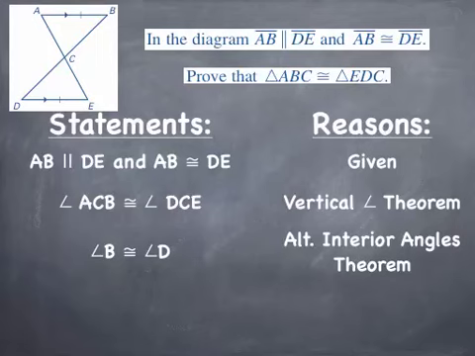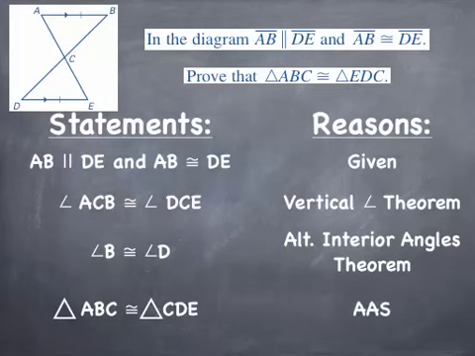If you could mark that on your paper, you would see that I have angle side. So I can say that triangle ABC is congruent to triangle CDE because of the angle side congruence theorem, or postulate. Now, the other way that I could do this is I could not use the vertical angles theorem, and I could